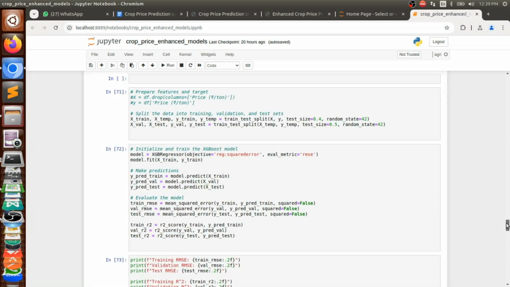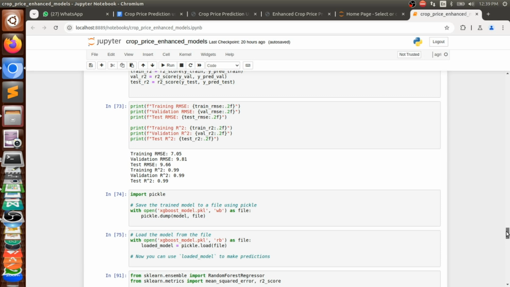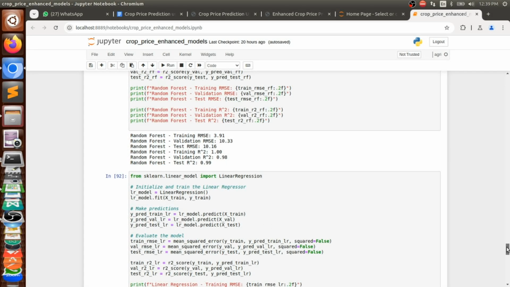So among all of them, the best model that we are getting is the random forest, which is having almost 100% training accuracy and testing accuracy 99, as well as root mean square error of 3.91, which is very much less than all these models. So our best fit model is the random forest model. Then we are going to take this best fit model, then we are going to